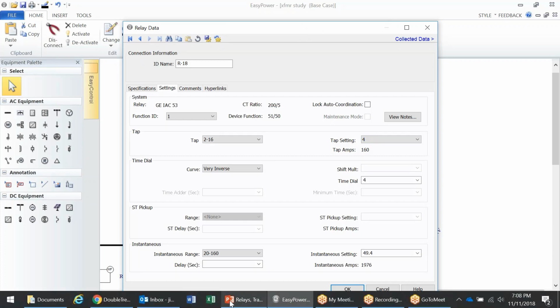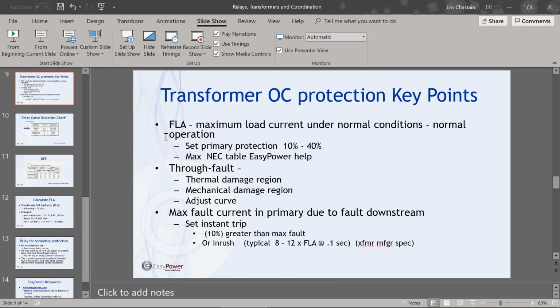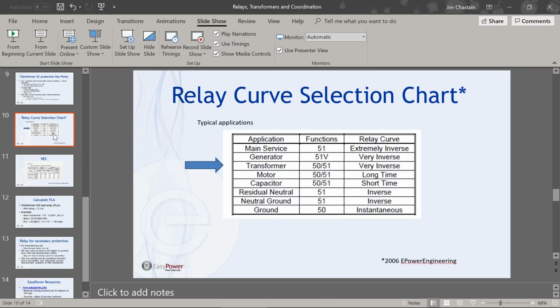Now, the things we're looking at for through fault damage is protection in the thermal damage range and the mechanical damage range. And then the max current in the primary that could be felt from a downstream fault will be what we use for instantaneous. Now, the standard acceptable applications that are recommended for both adjustable low voltage power circuits, relays